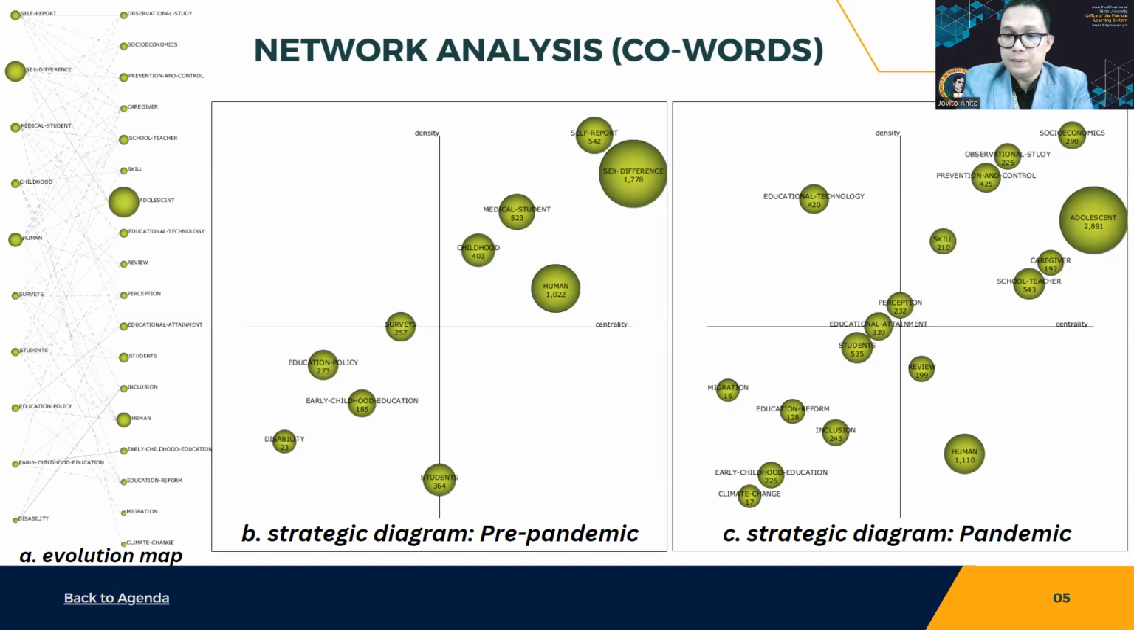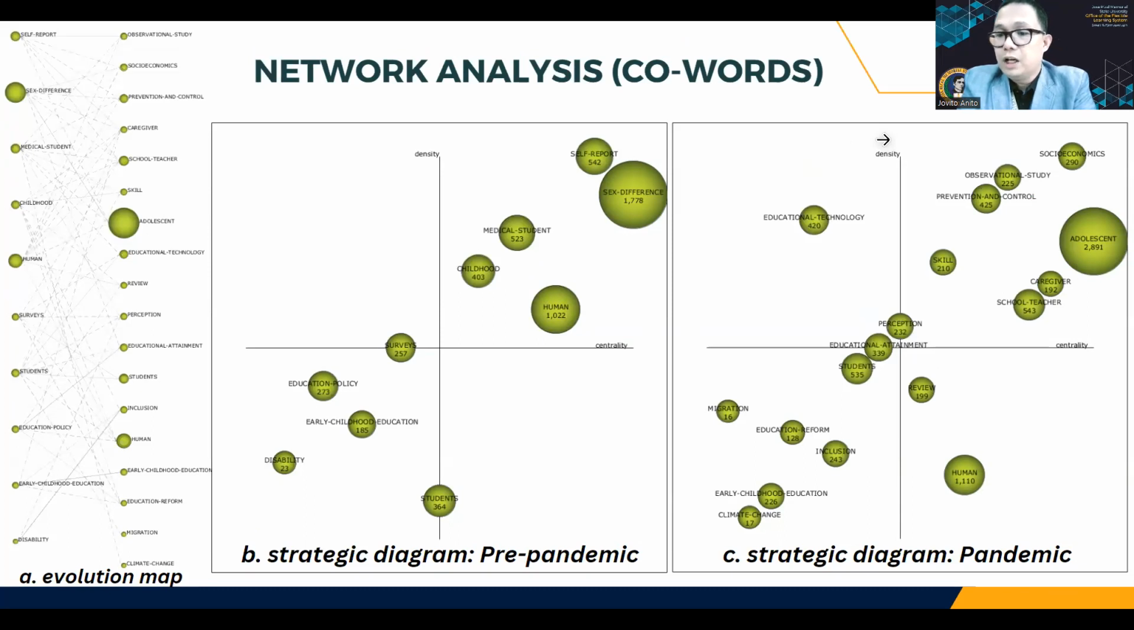So in the pre-pandemic, we can say that the most important and the most essential domains include medical student, childhood, human, sex difference, and self-report. In the pandemic period, we have the equivalent there: adolescent, caregiver, school teacher skill, observational study, prevention and control, and socioeconomics. If you move to the leftmost part, which is the high density, low centrality, it means that the domains